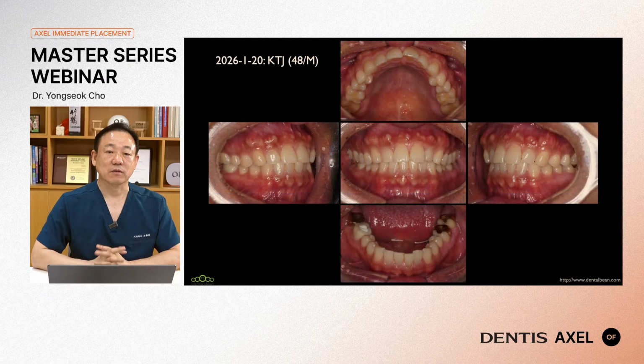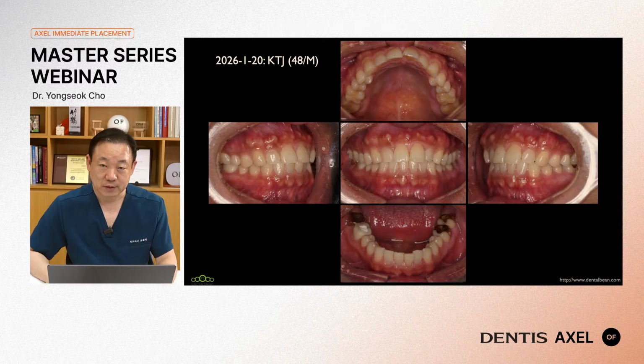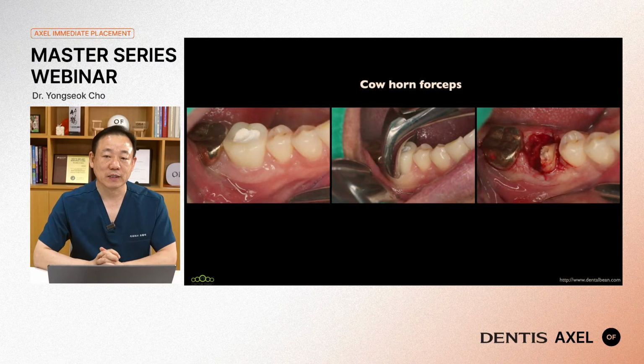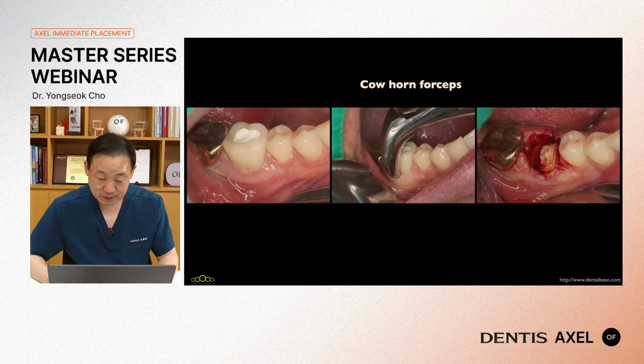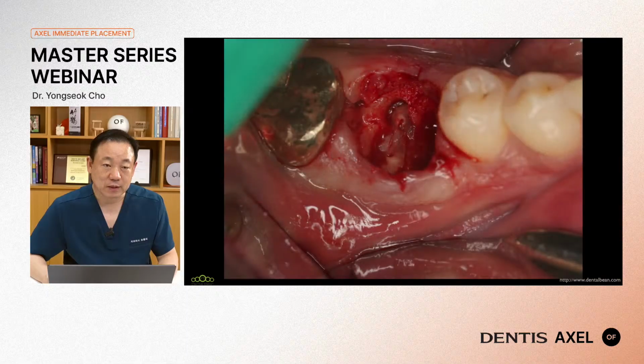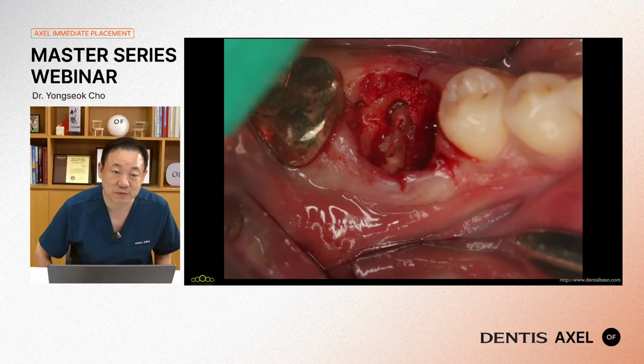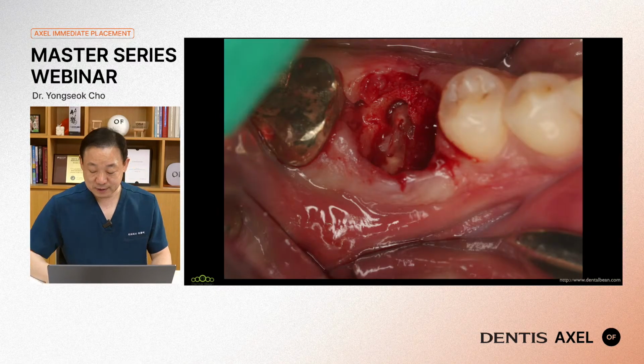Okay, he is a 48 years old male patient, and in normal occlusion. To extract the tooth, this time I used the cow horn forceps, but unluckily the roots fractured. Extracting such a root remnant is always challenging. There are several strategies to extract such a root. One is using a fine instrument, such as a luxator elevator. Luxator is really nice. And the second strategy is